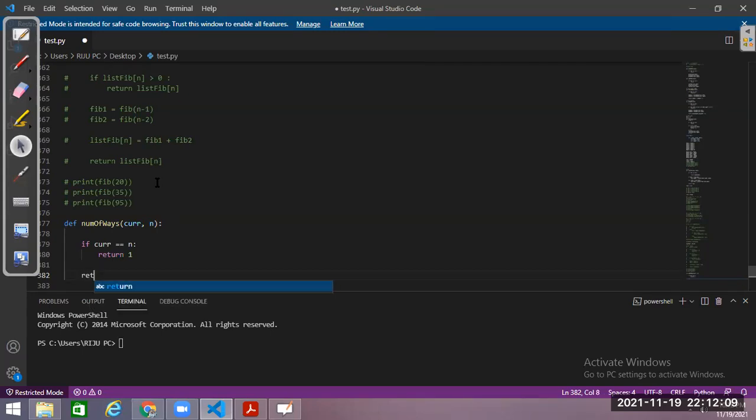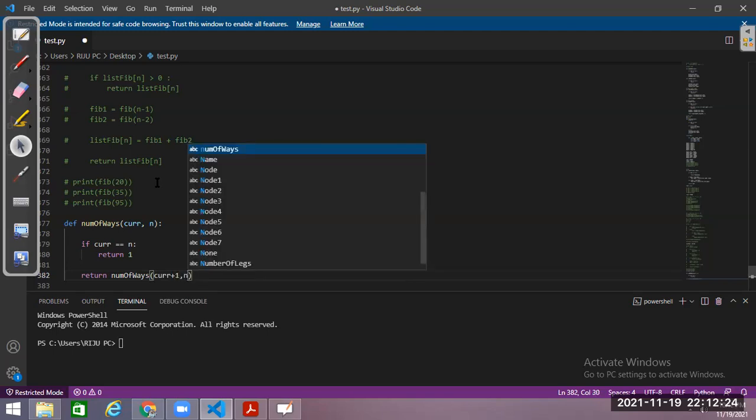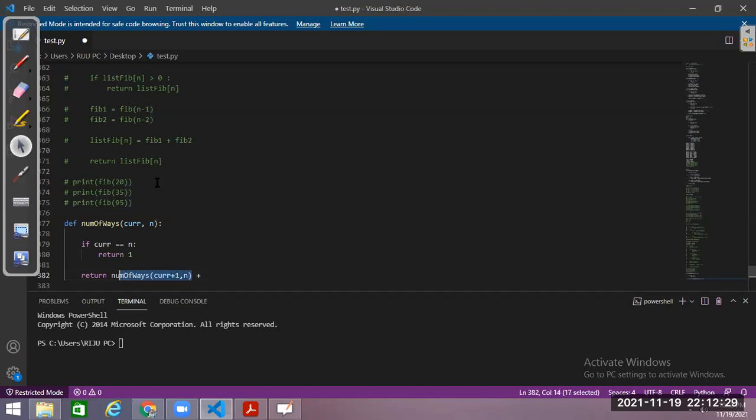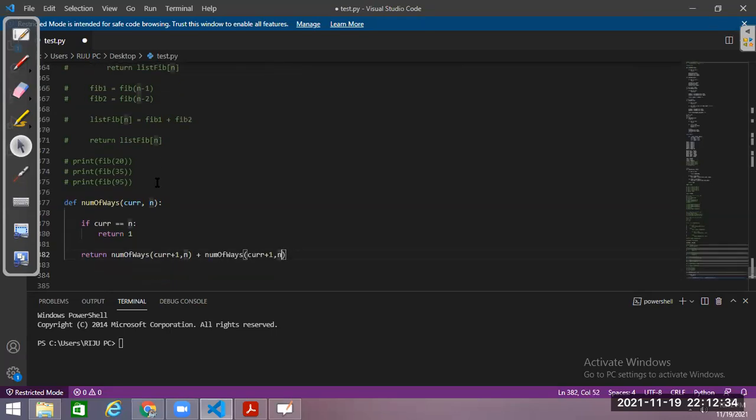I can just return how many ways are possible if I go one stair up and want to reach the nth stair, to that add how many ways are possible if I go 2 steps up and want to reach the nth stair.